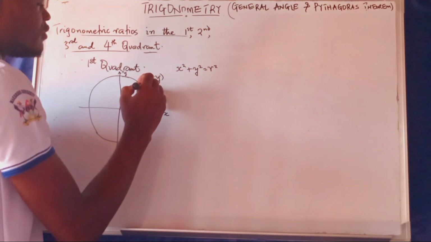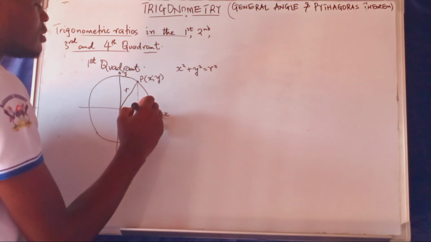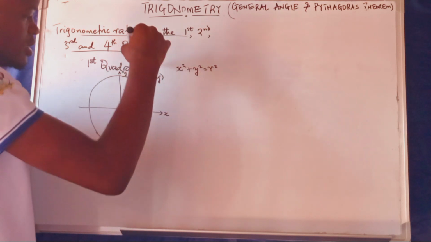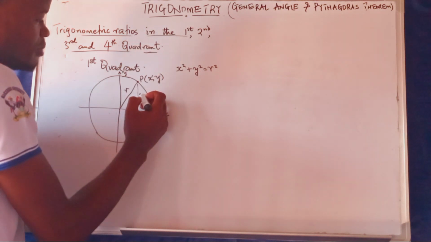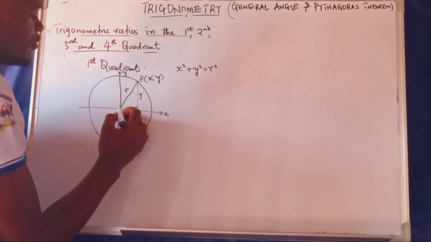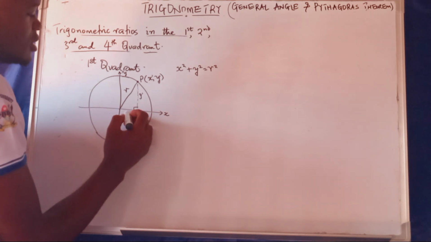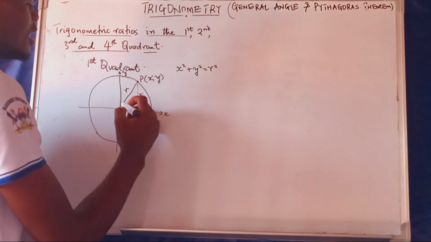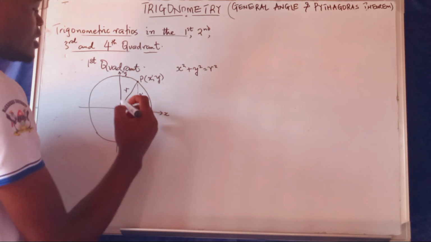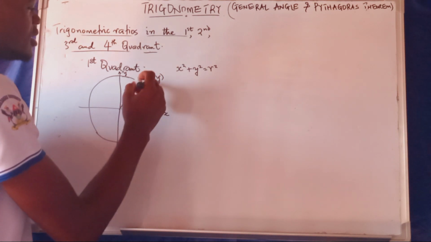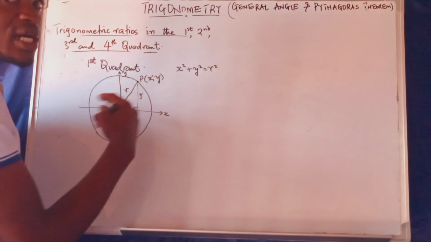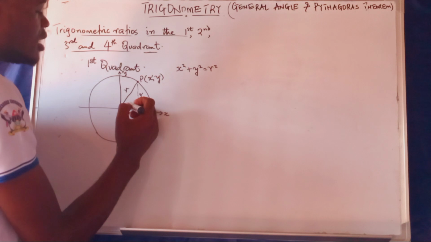So if I try to extend this line here down such that it makes an angle of 90, so this line here is the y prime, and this point from here up to here is the x prime, and this line that represents the radius of the circle r is making an angle, say theta,